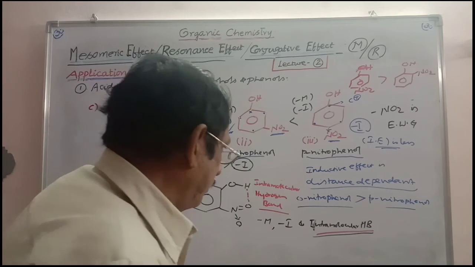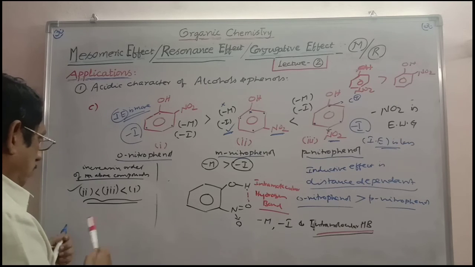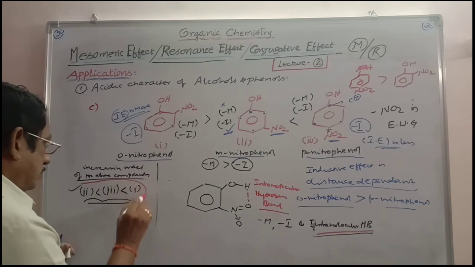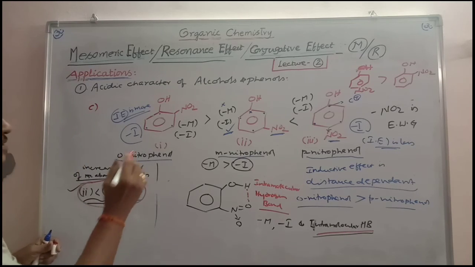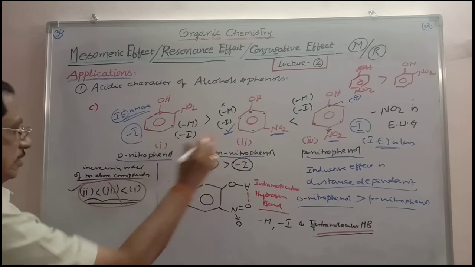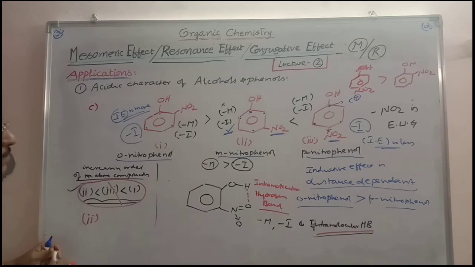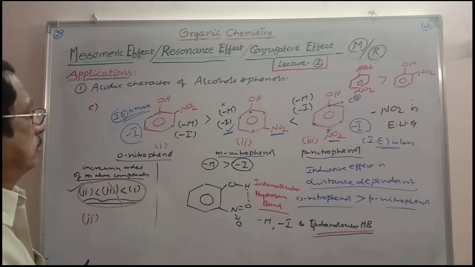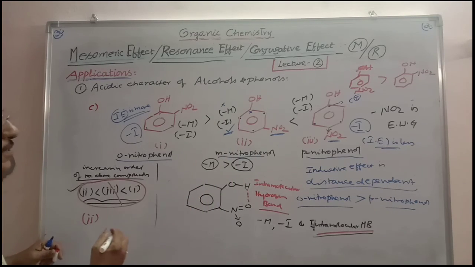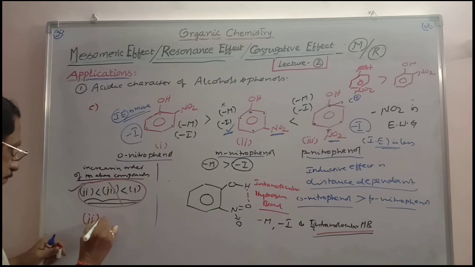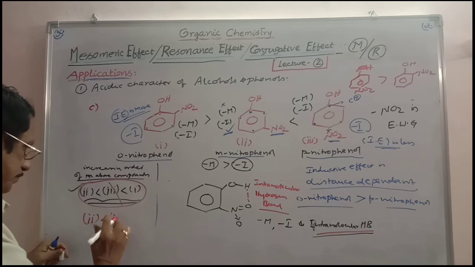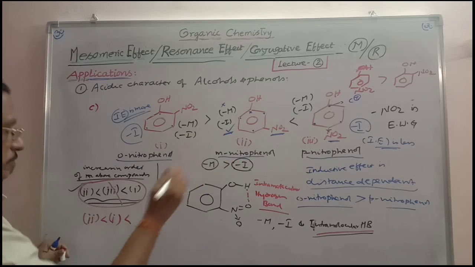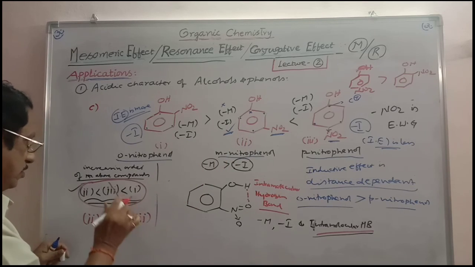So, strictly speaking, what is the correct order here? You have to make an adjustment here. This is not the correct order. What is the correct order here? First you have to write the second, which is the least acidic. Second one is less acidic than first one, which is less acidic than third one. Just this order is reversed.